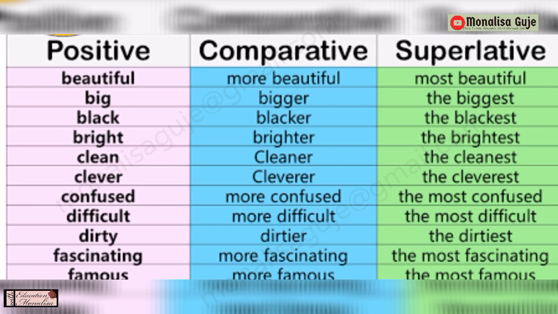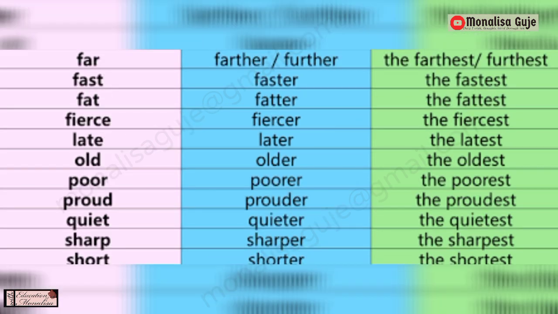Beautiful, more beautiful, most beautiful. Big, black, bright, clean, clever, confused, difficult, dirty, fascinating, famous. So you have to copy the comparative and the superlative degrees of this. Continue for far, fast, fat, fierce, late, old, poor, proud, quiet, sharp, short. The answers are also provided, but you have to copy all these adjectives and their forms of the degrees